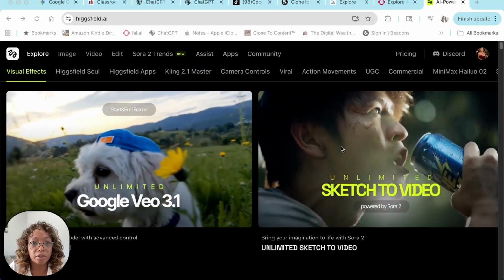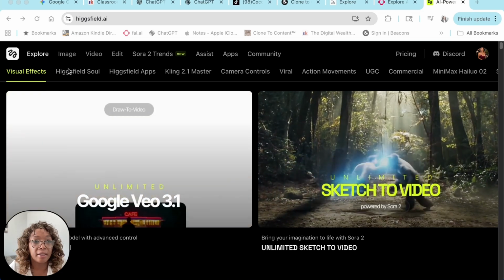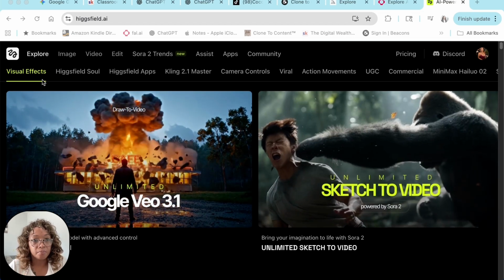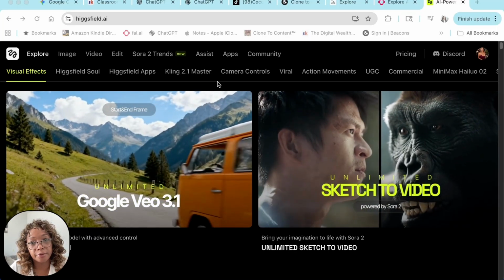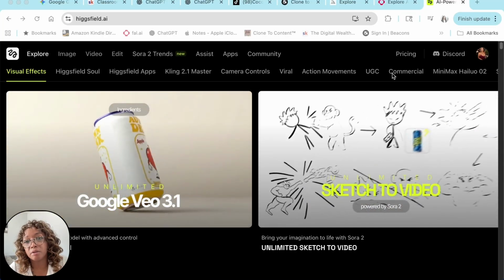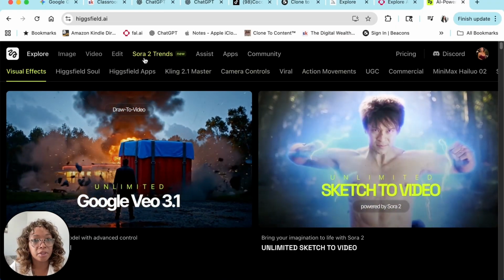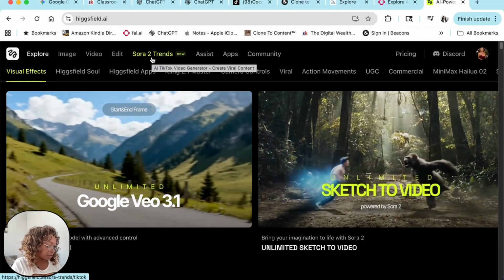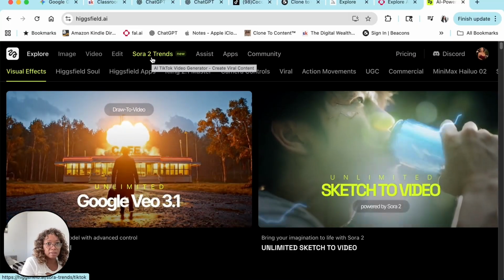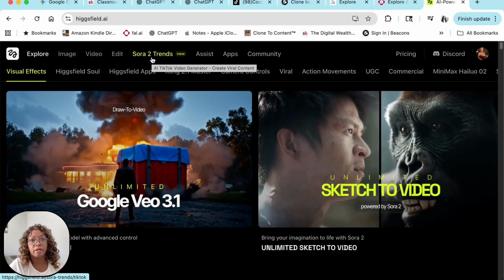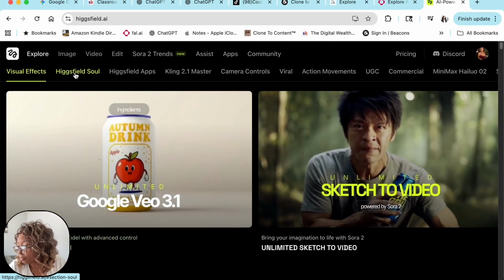And this Higgsfield is another platform that you can use that has multiple softwares built into it. So you got Higgsfield, you got Kling in here. What else do they have? I don't really mess with these other ones. They got UGC, commercial. There's a whole ton of them. They got Sora 2 in here. That's the other one. Let me add it to my list as well. I haven't had a chance to learn Sora or play around with that one yet, but that is the new hotness out right now. But yeah, you can access all of these different ones.